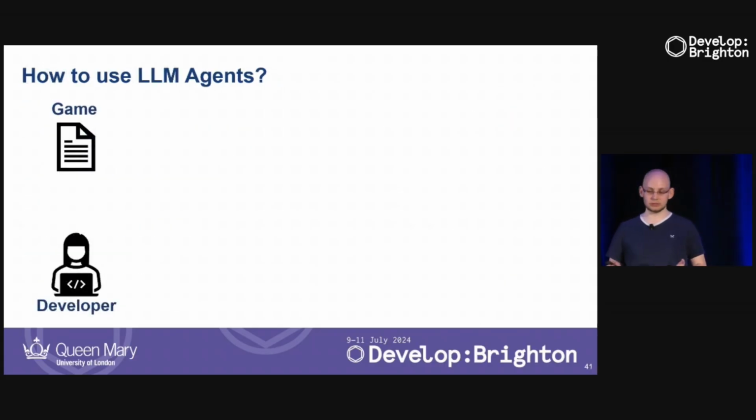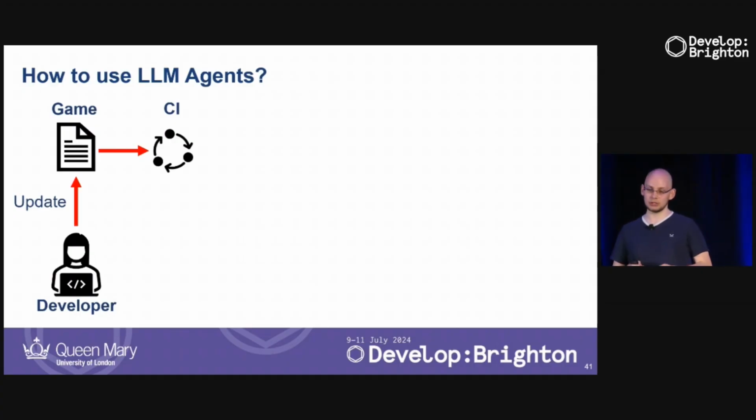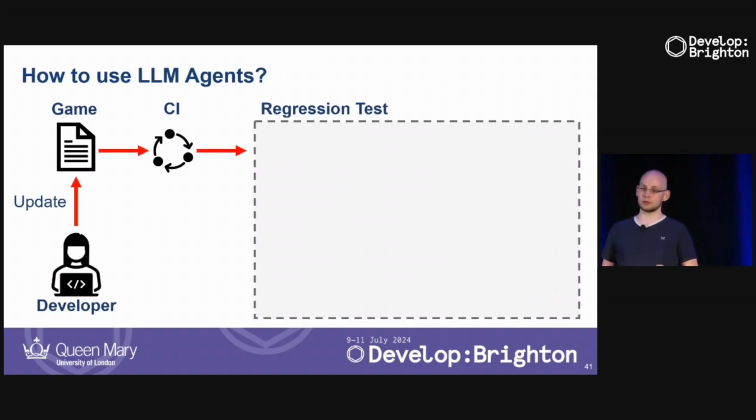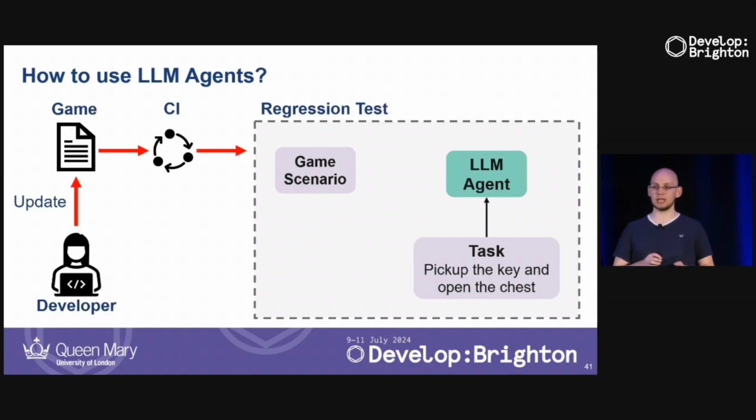And how can we use them? So let's look at an example that I think might be very well suited. Let's say our developer updates our game, and we have our continuous integration that now tries to test our game, do a lot of builds, whatever. And we want to do some kind of regression tests where we have a lot of components, such as we create some kind of isolated game scenario that we want to test, right? It's very simple, not too complex, so our LLM can actually test this game scenario. Then we have our agent, which we give the task that we want to test. And finally, it plays the game.